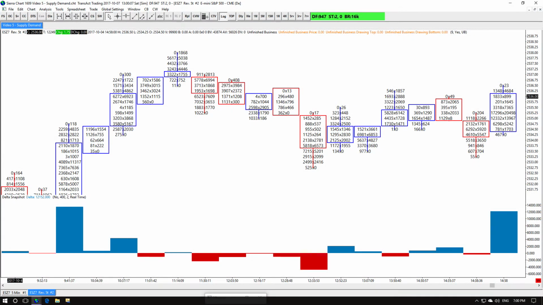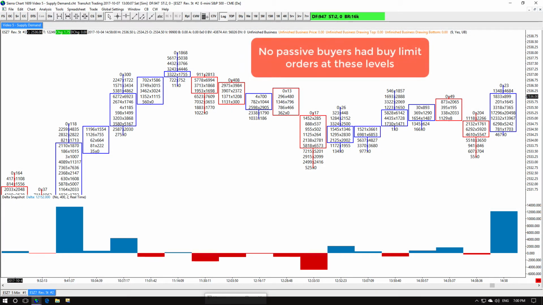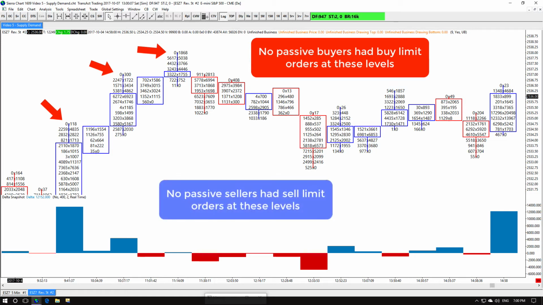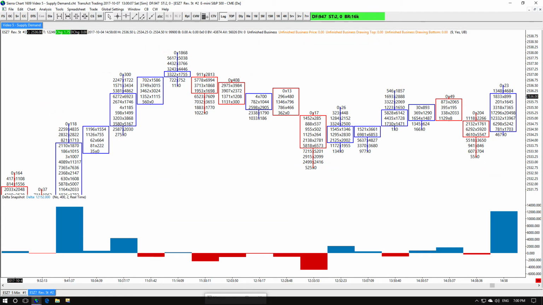We see these price levels at the top of price bars where zero quantity hit the bid, or in other words, there were no passive buyers prepared to buy. There was no market. Price was too high for buyers to buy. Likewise, at the bottom of price bars, if the ask quantity is zero, this tells us that there were no sellers making contracts available to purchase at the market at these prices. Price was too low for sellers to be prepared to sell.